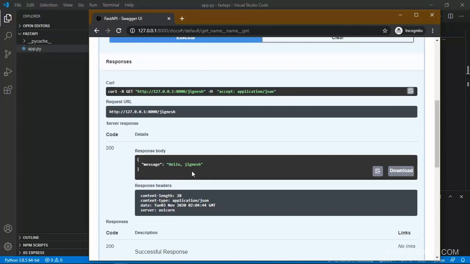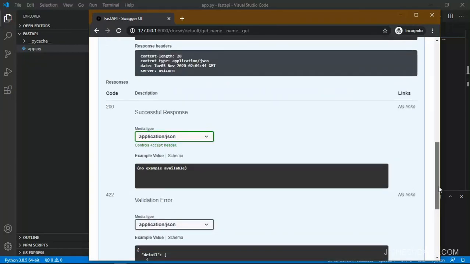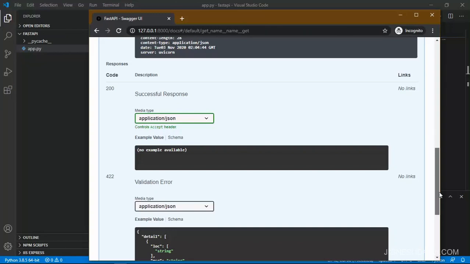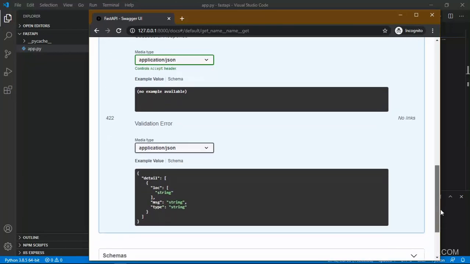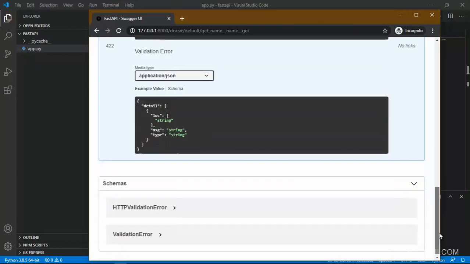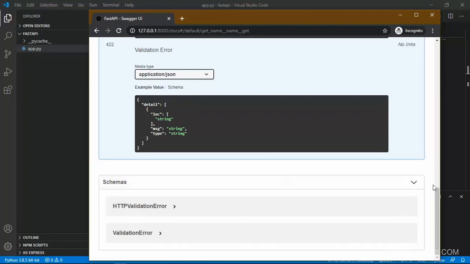So Swagger UI provides a graphical user interface along with some documentation as well. When you are using FastAPI, you just need to open the docs URL in the browser, and Swagger UI automatically displays all the APIs for you.